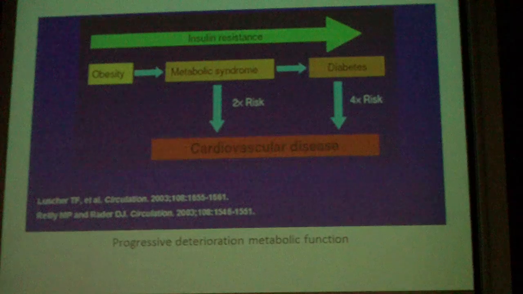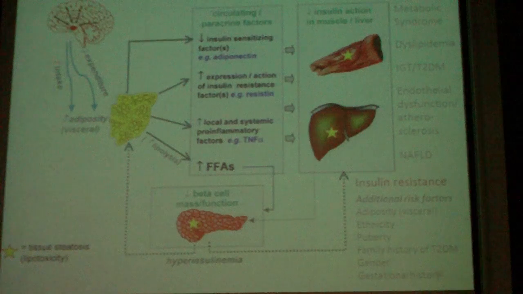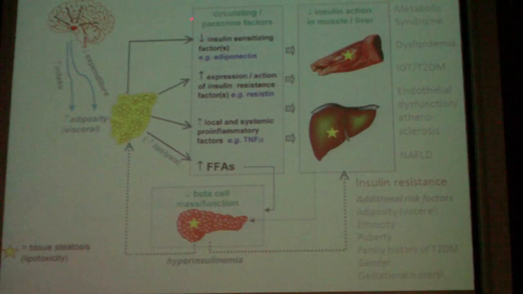So in obese children, mostly there is progressive deterioration in metabolic function. In the picture we see that in the hypothalamus there is a dysregulation of energy expenditure and intake, so lower expenditure, higher intake, leading to an increase in fat mass. This fat mass is like an endocrine organ. It secretes some important factors which eventually can have an effect on inflammation, low-grade inflammation, and also lead to an increase in lipolysis, so we see an increase in free fatty acids, which eventually can